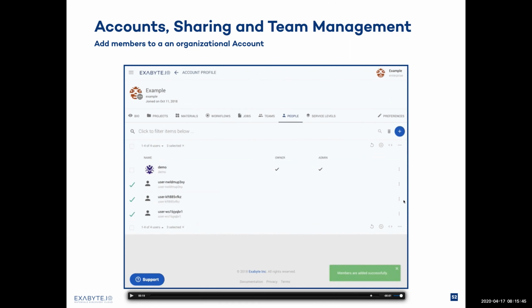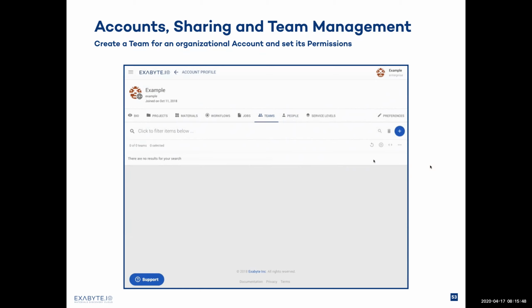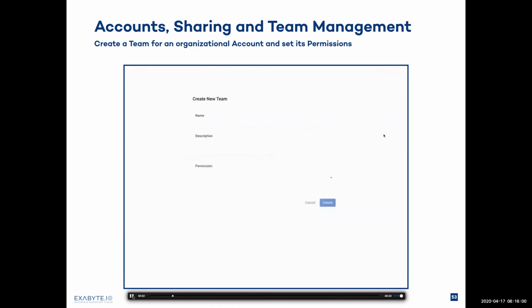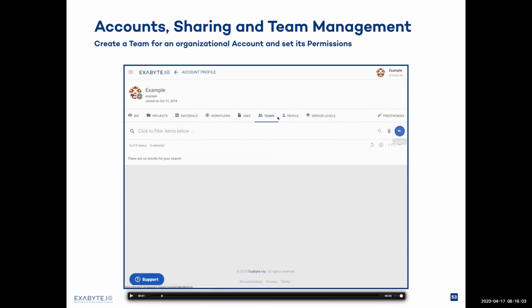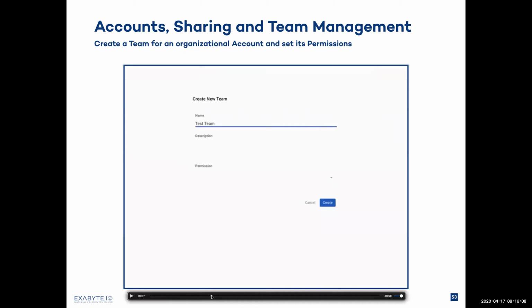In order to give these newly added users access with certain permissions, we have to establish a team. So we need to create a team under this account, which we can do on the Teams tab. We click on the plus button again and name this team test team. This is an example team, and we need to allocate a certain set of permissions to this team. There are 4 different kinds of permissions: read, edit, comment, and execute. Comment and execute right now are placeholders, but read and edit are